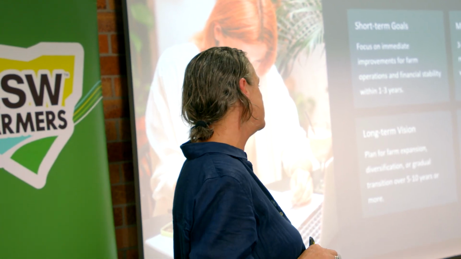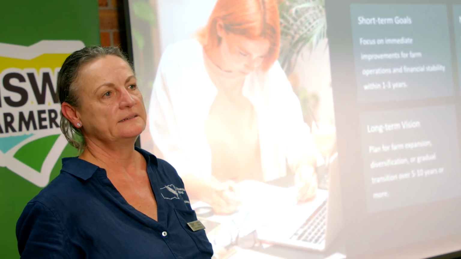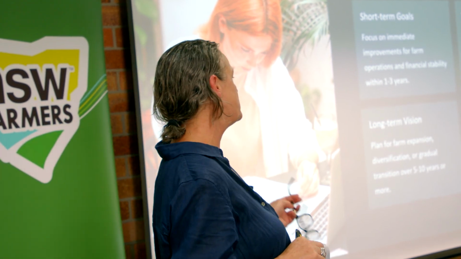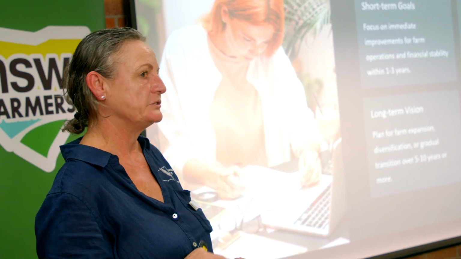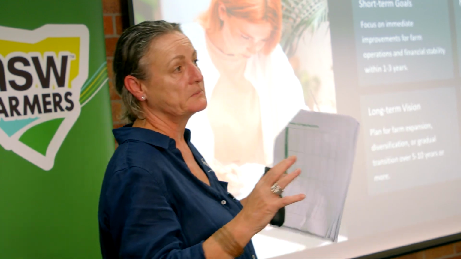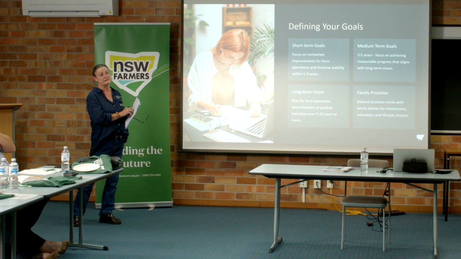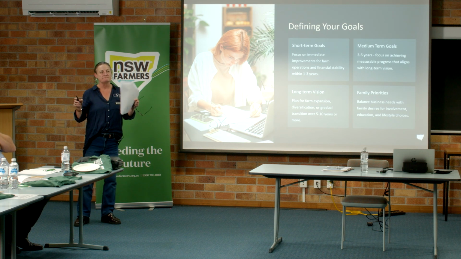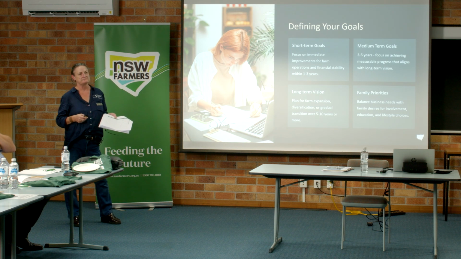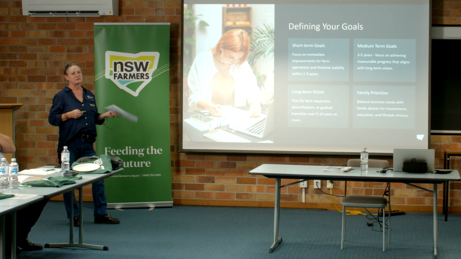Family priority is such an important thing. So many farming enterprises are family enterprises. It's important to work in the business, work on the business, but also dedicate time to family. If it's a partnership, a husband and wife partnership, or family involved in the business, and you sit down and look at your business plan and cash flow every 3 months, don't do it over the dinner table at night. Make sure you have boundaries around when you talk about business.